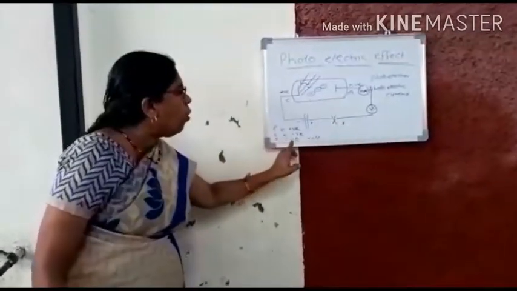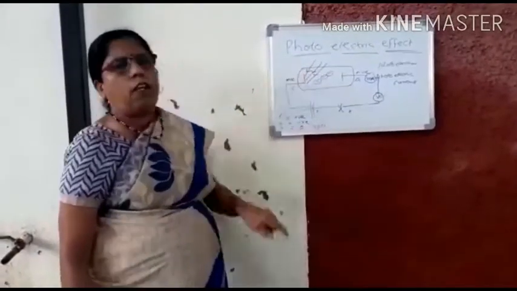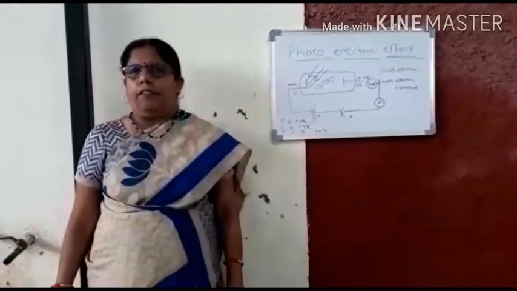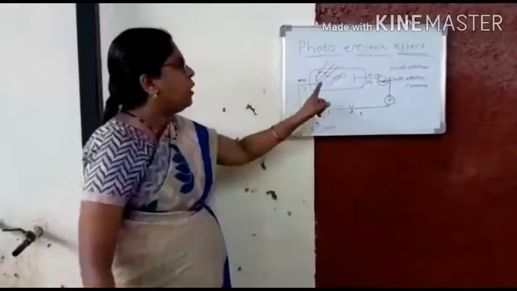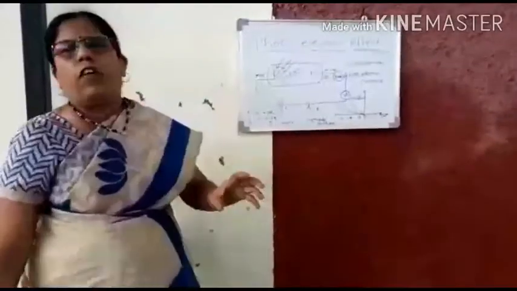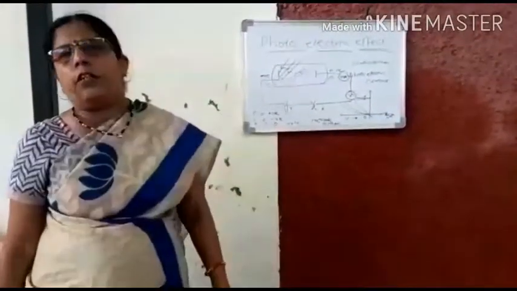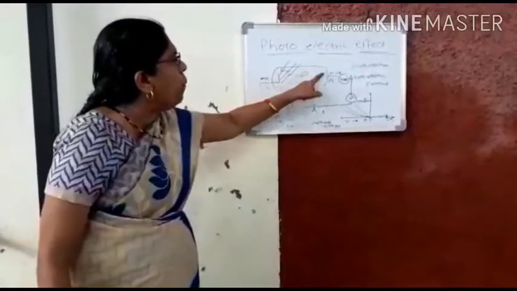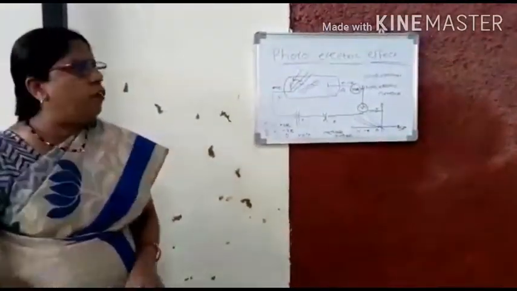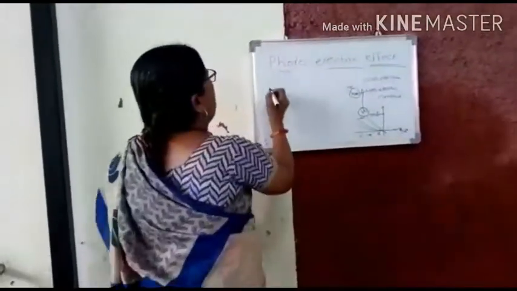Second condition: make the cathode at 0 voltage. What happens when light falls on the surface of the cathode? The cathode is already at 0 voltage. Electrons are not emitted, and if electrons are not emitted there is no flow of electrons, which means current is equal to 0. This tube has a very short lifetime, and heating of the cathode is necessary, as well as many other requirements. This tube is not working well, therefore this tube is converted into a semiconductor,